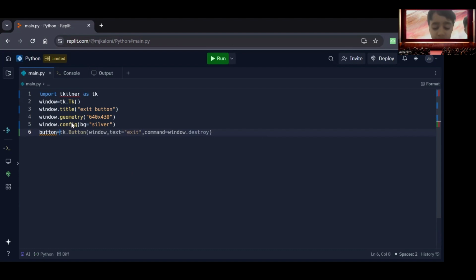Button. I meant to say button. tk dot button, and that's the trick. That's how you do it. Now, button dot pack pad y equals 10. Pad y equals 10. Pad y equals 10. Window dot main loop